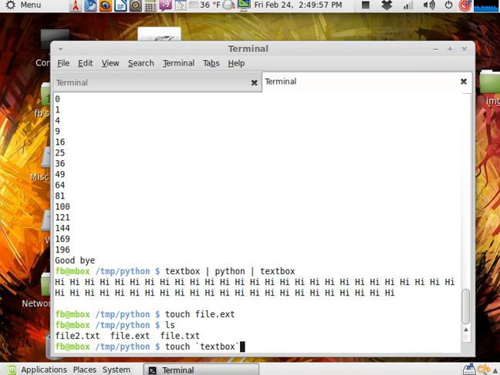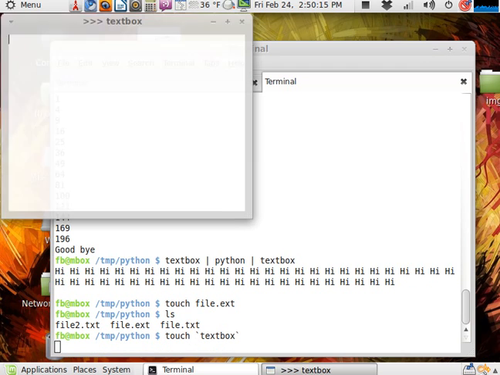And what these characters here are is the backtick. On my keyboard, it's above the tab and to the left of the 1 in the row of numbers, so it's all the way in the top left corner of the keyboard. If you've used AutoHotkey, we would type something like backtick N for a new line. It's that same character. So we hit touch, textbox, and we can give it some files like file A,